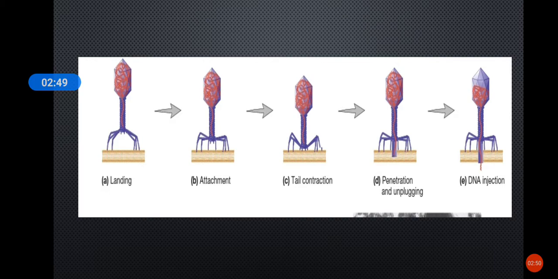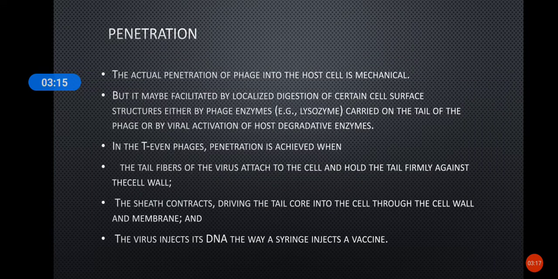So in the first step, the bacteriophage will land on the surface, and only the tail fibers will be attached. As more and more tail fibers attach, the base plate will attach to the surface. Once the base plate attaches, the tail will contract and it will release the genetic material. So that is the first step.